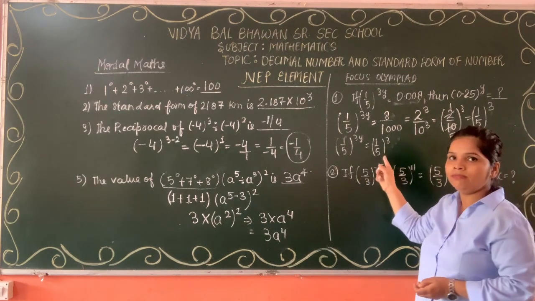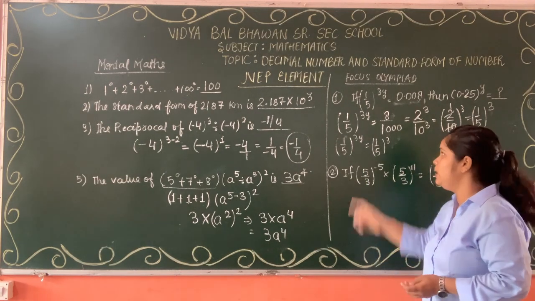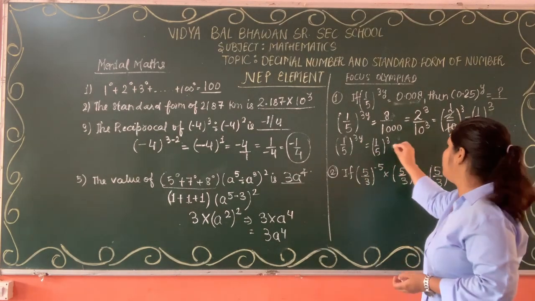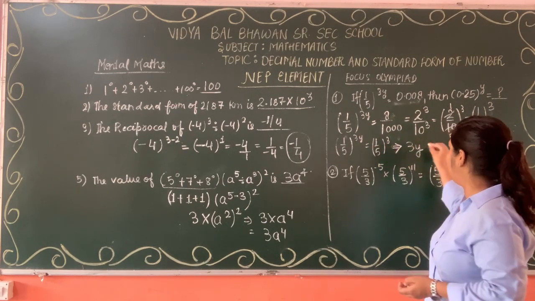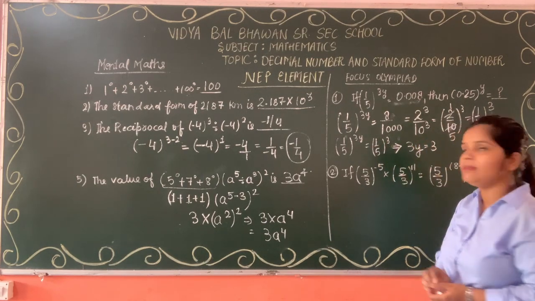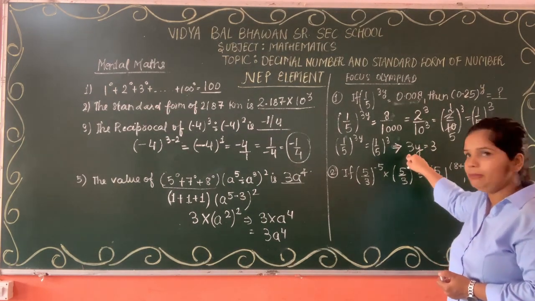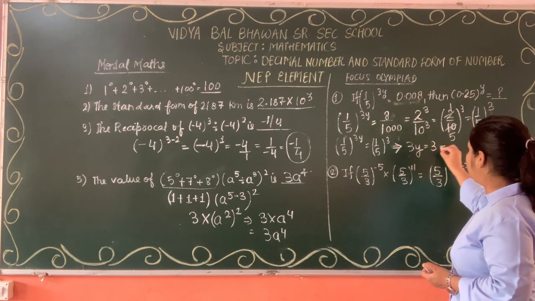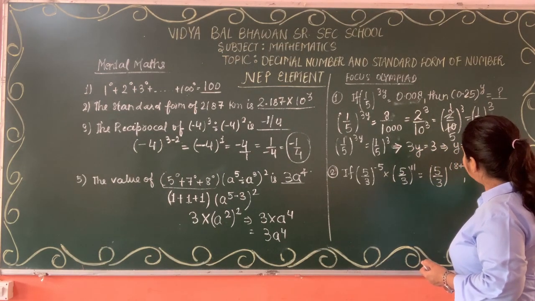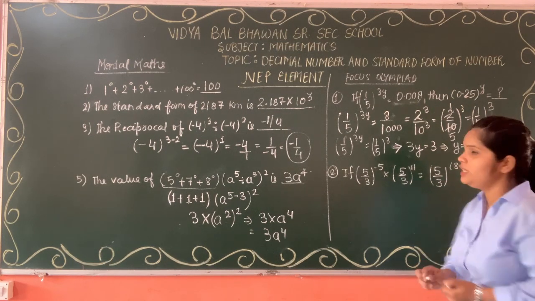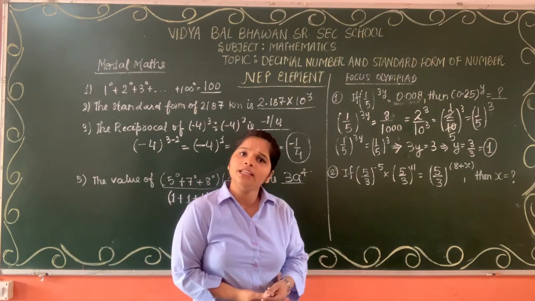Bases are same. In what condition can these exponents be equal? When their powers will be same. So by this we can say power 3y will be equal to 3. When you simplify it, the 3 is in multiplication with y, so it will go in division. So y will be equal to 3 divided by 3, that is equal to 1. What is the value of y now? 1. But is this the final answer?